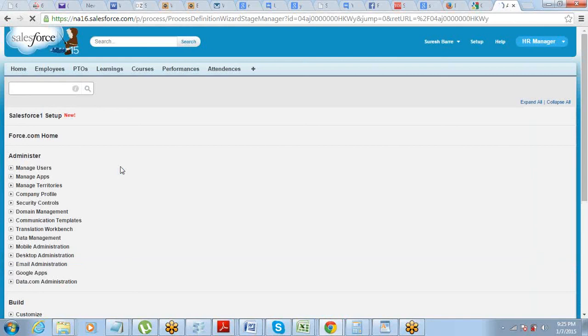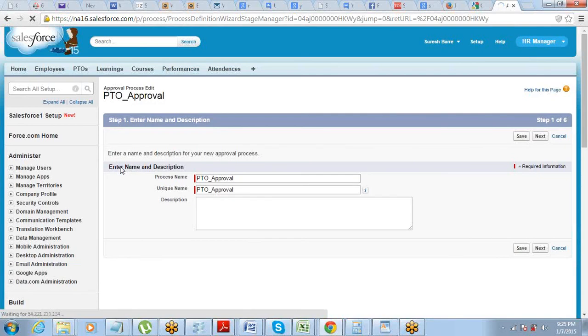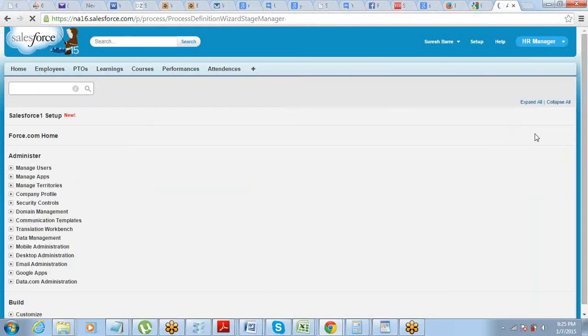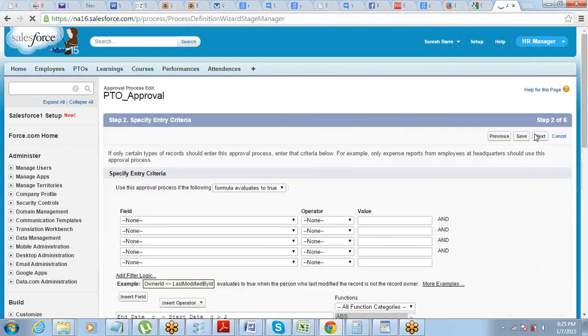And in case the approver rejects this case, then the applicant will get an email, or it will all show on his screen. So it depends on you. If you have defined an email alert, then the applicant will get the email. If you have not defined an email alert in rejection, you will not get to see.